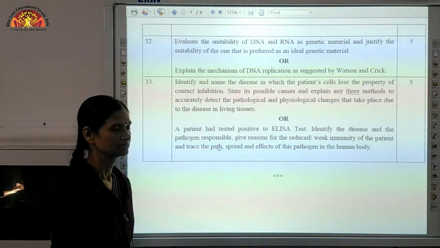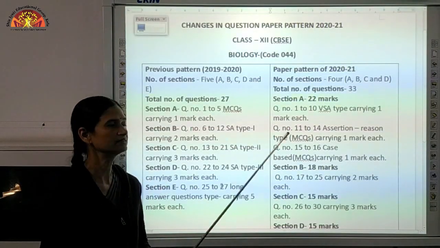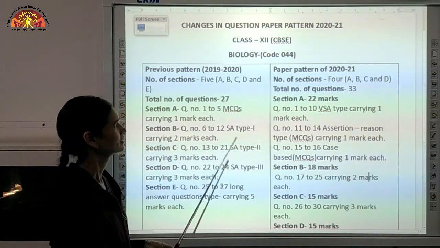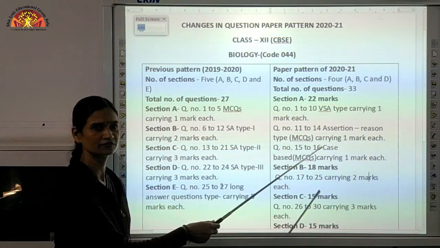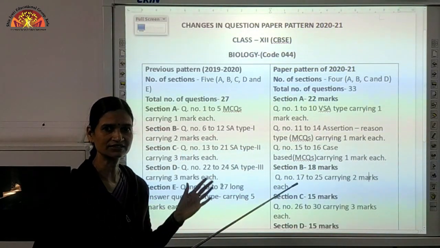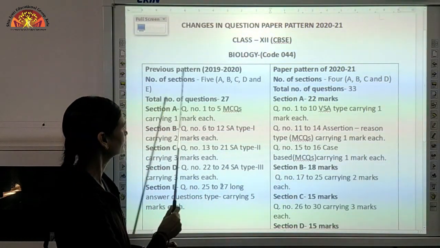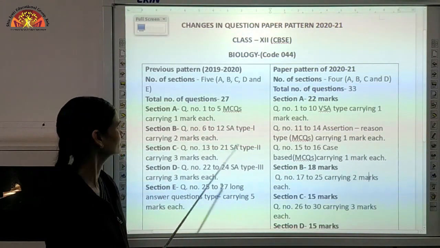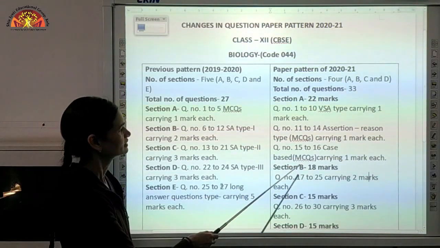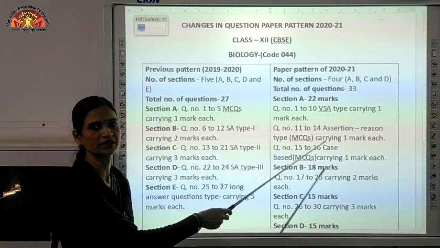Now we'll compare the paper pattern of previous year and this year also. So children, as you can see, this is the previous year's pattern and this is the paper pattern of this year, that is 2021. So according to me there is a vast change in the MCQ part. ठीक है, 1 mark के questions जो हैं उसमें बहुत change आया है as compared to the previous year. पहले सिर्फ कैसे थे 1 marks के 5 questions ही थे. Now here we can see there are up to question number 16 है ना, question number 16 तक आप देख सकते हो 1 mark के questions हैं.